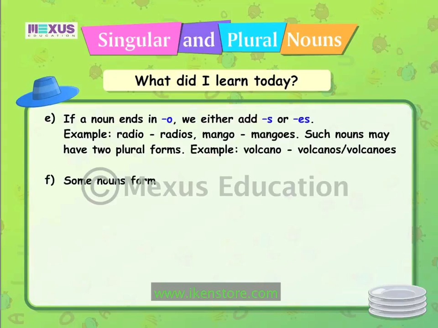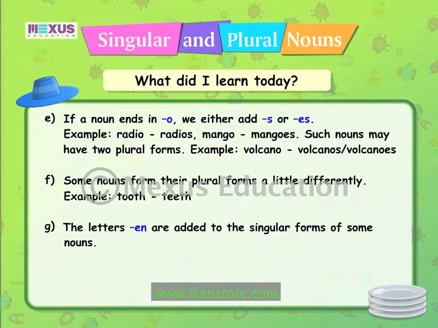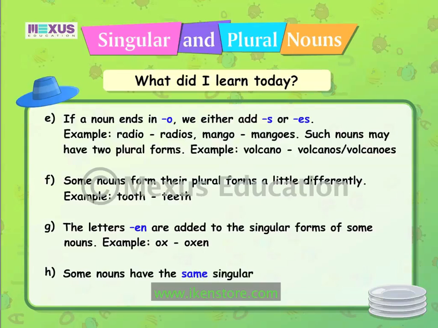Some nouns form their plural forms a little differently. For example, tooth and teeth. The letters en are added to the singular forms of some nouns. For example, ox and oxen. Some nouns have the same singular and plural forms. For example,